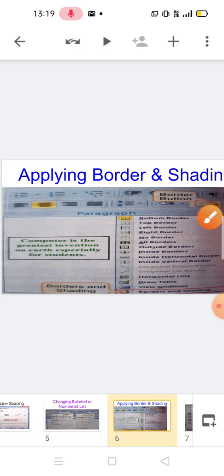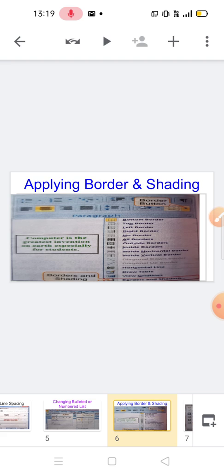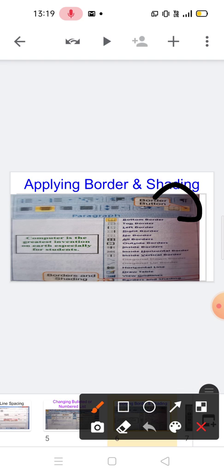Next is applying border and shading. To improve the appearance and readability of the text, we can add a variety of border and shading effects to the paragraphs and entire pages. Here you can see the border button.